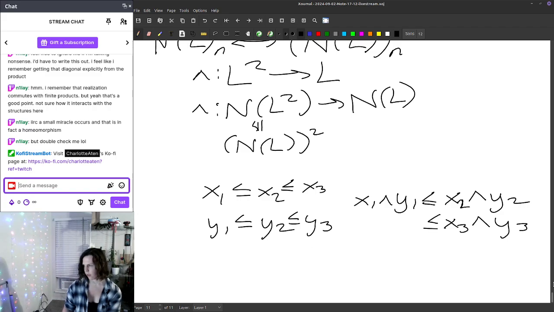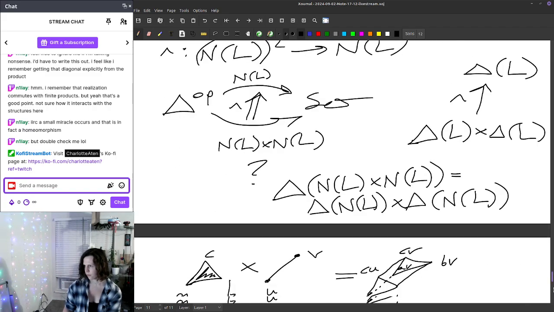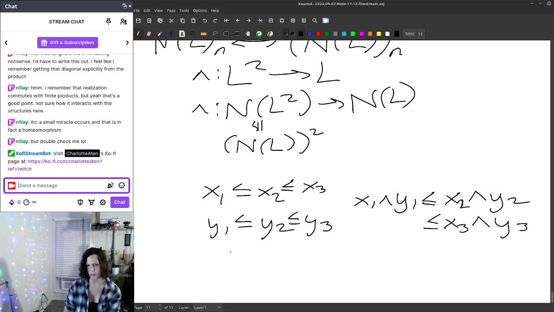Then I need to know what the product looks like. Oh no, this is, I see. This has got to be what the product looks like as a simplicial set,